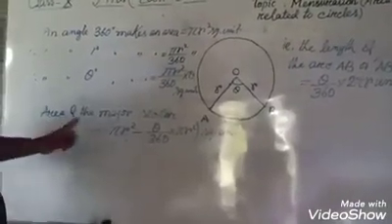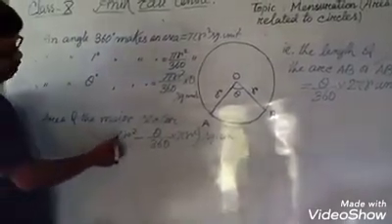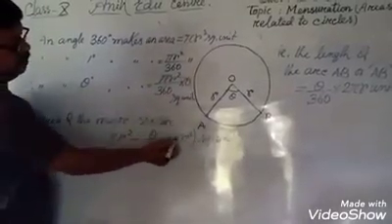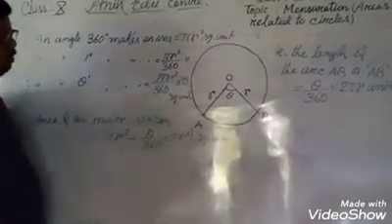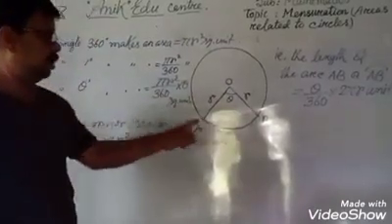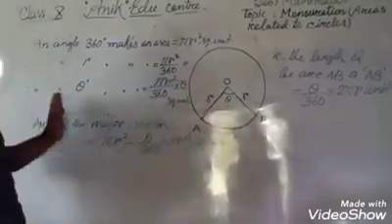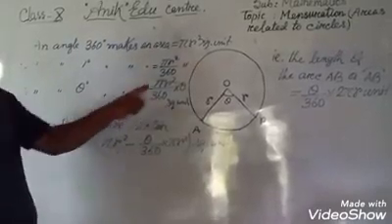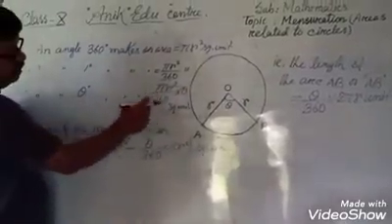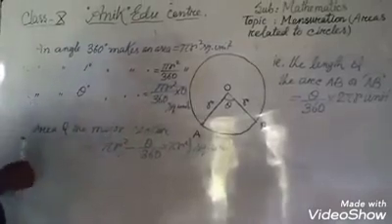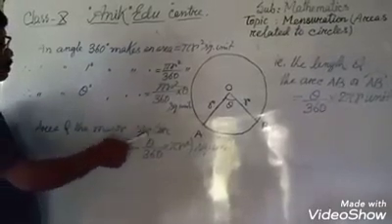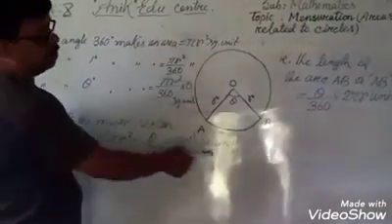So we get area of the major sector is equal to area of the total circle, that is pi r square, minus area of the minor sector. This is the area of our major sector. So far we got perimeter of the sector OABO and area of the sector OABO is equal to pi r square by 360 into theta, or we can write it as theta by 360 into pi r square unit, and area of the major sector is pi r square minus theta by 360 into pi r square unit.